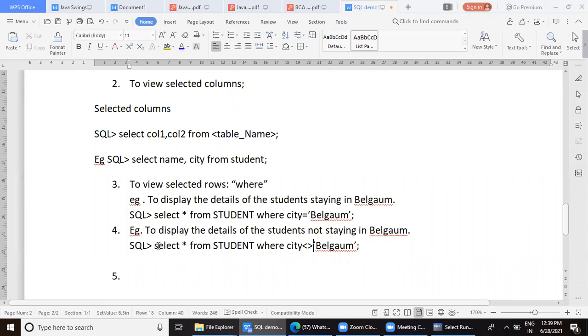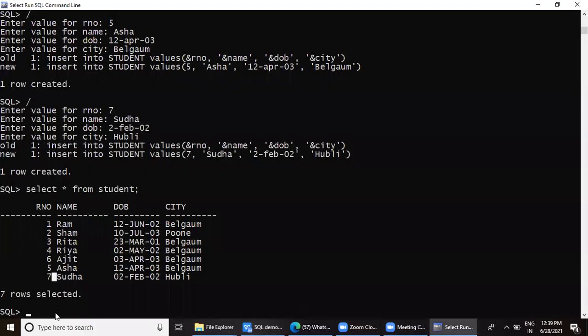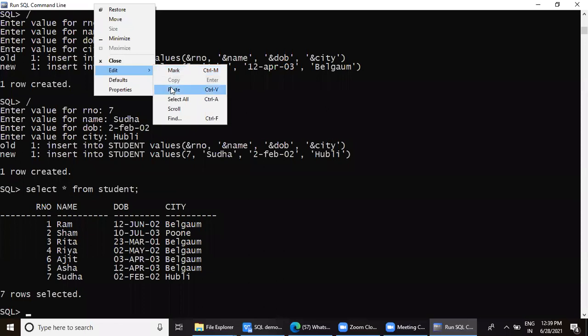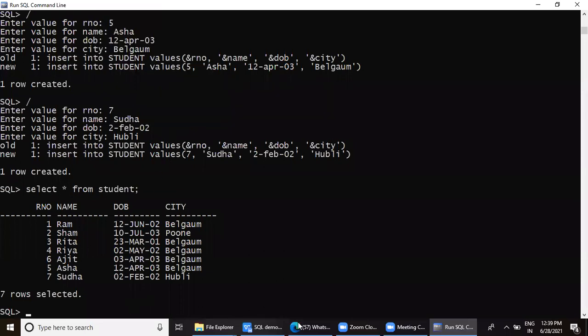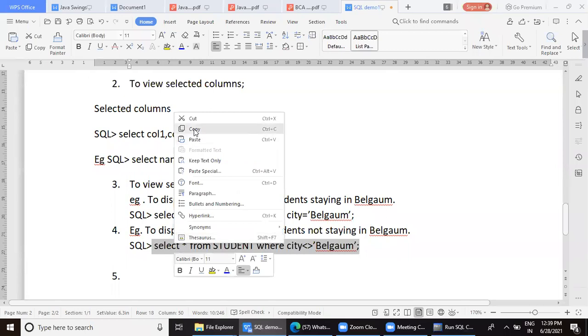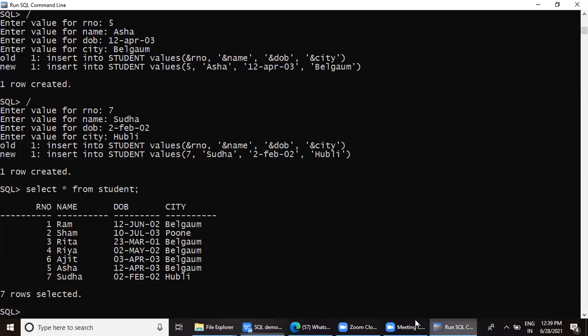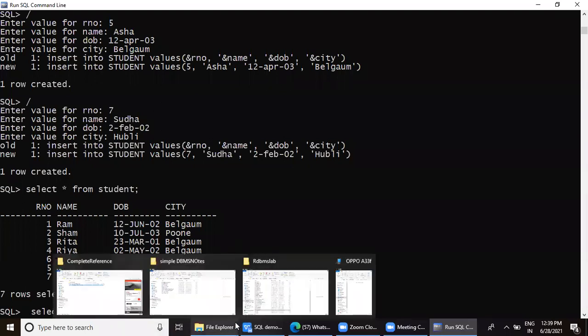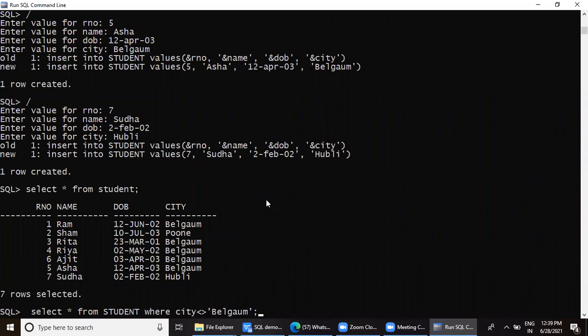Fine. So now let me just copy this command there. The moment I click, it is getting pasted. So sometimes that shortcut works.